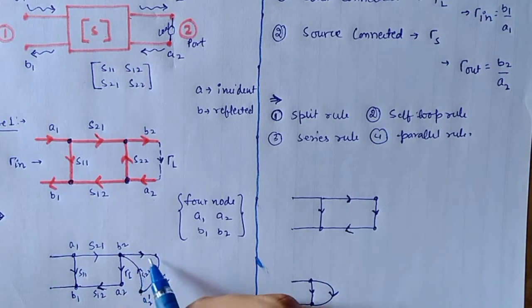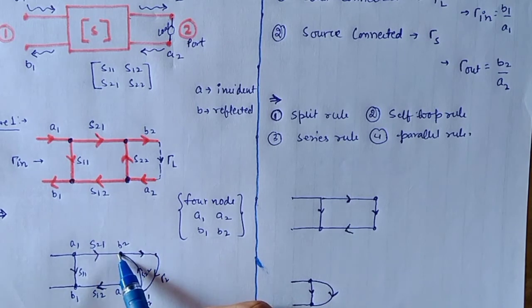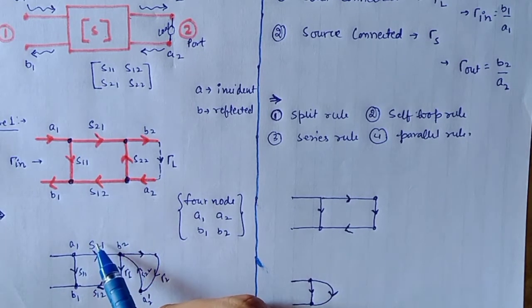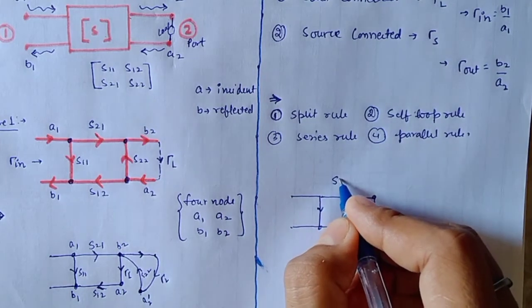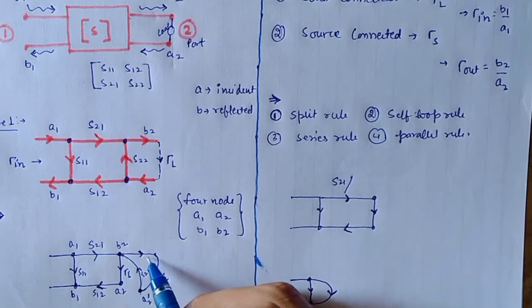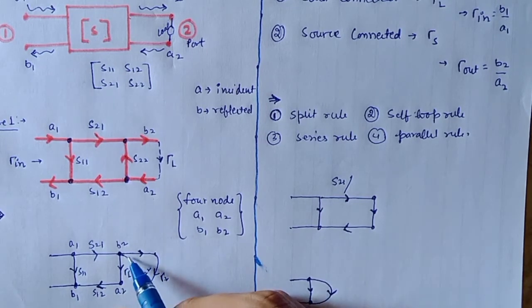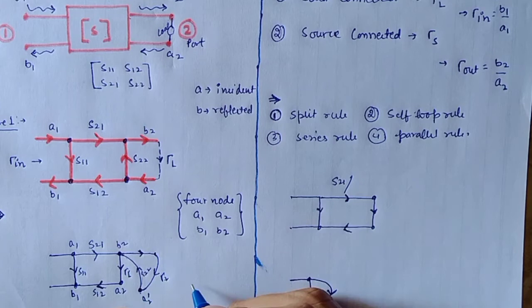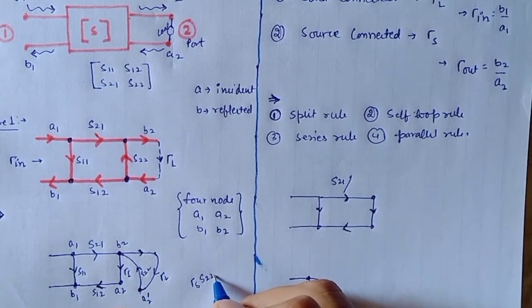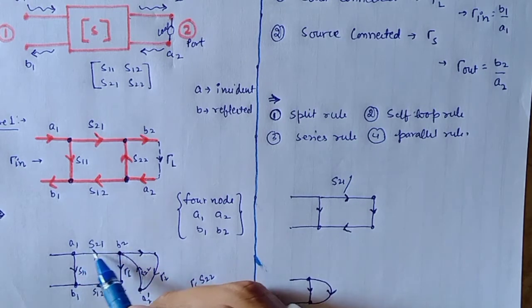Now we have to eliminate the self loop. The self loop elimination rule says that for the incoming branch at this node, whatever coefficient is there, S21, we write as it is, and it should be divided by 1 minus the coefficient of this self loop. The self loop contains two parameters and both are in series, gamma L and S22. So the total coefficient for this self loop will be gamma L S22. So I can eliminate this self loop and I can have a single branch.